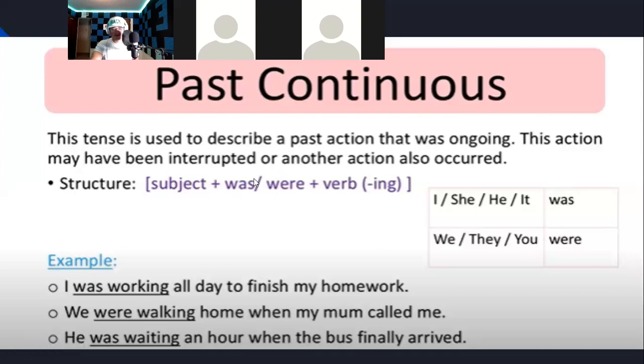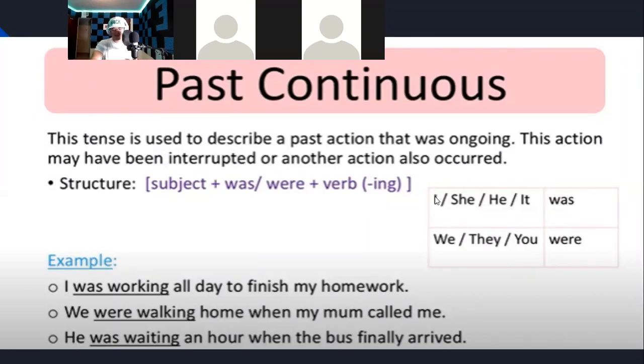Here, when do you use was and when do you use were? You use was when you're talking about I, she, he, or it, and you use were when you're talking about many subjects, or you also use you, they, we. It's kind of confusing actually,